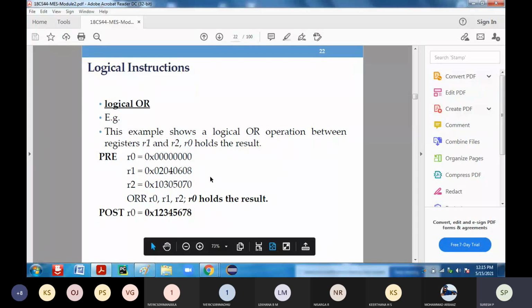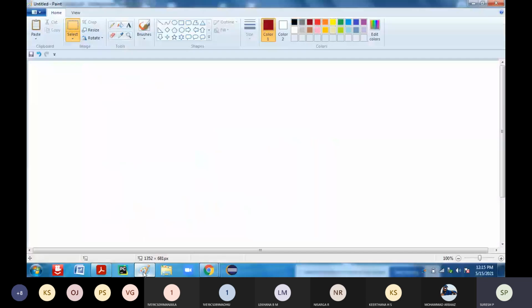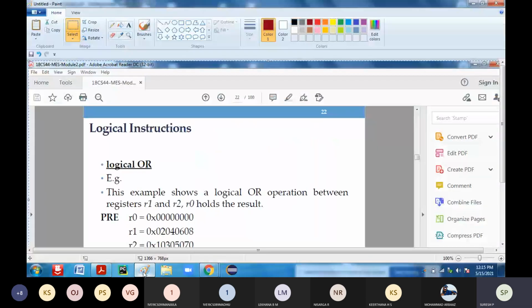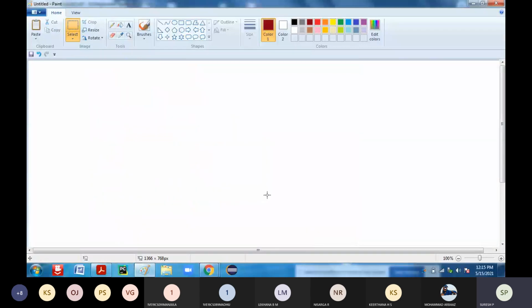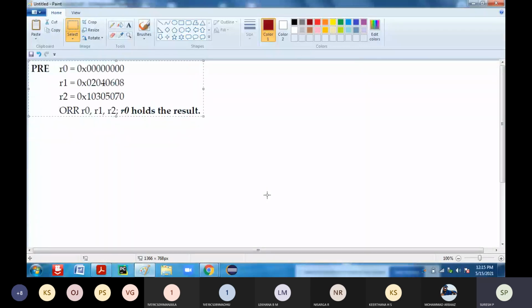If we take this particular example, these are the pre-instruction values which you have here.